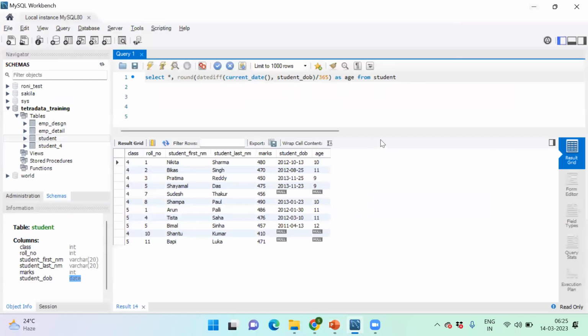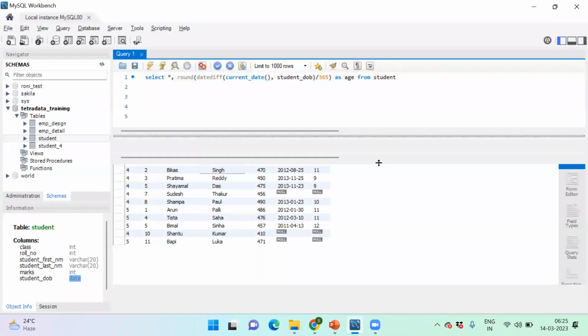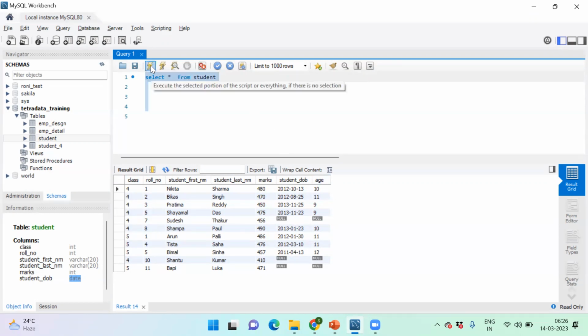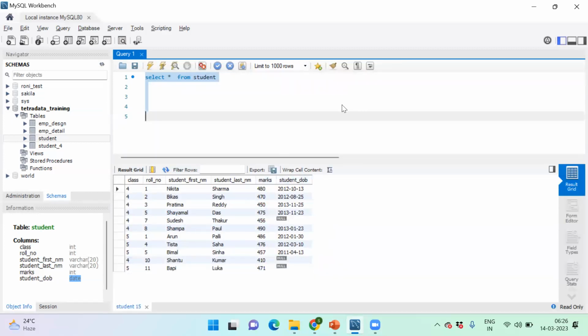Suppose, when we are trying to create new column data, while doing that, we can put a conditional statement. While creating a new column, we can create those conditional statements. How to do that? Suppose our principal or anyone wants an extra column. If I just select star from student, this should be the current column. If our principal wants a new column called grade